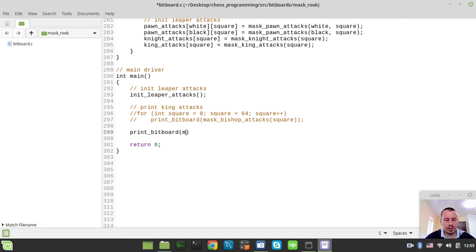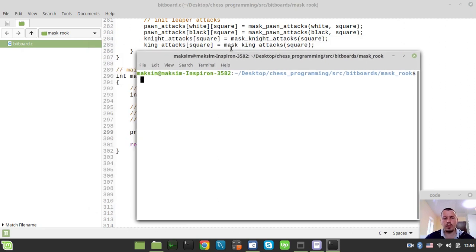So we can simply say here mask rook attacks like this, and the square, let's put the rook on d4, just centralizing first, just to see all the rays available there. Okay, and also obviously I need to compile and run this stuff, and in order to do this